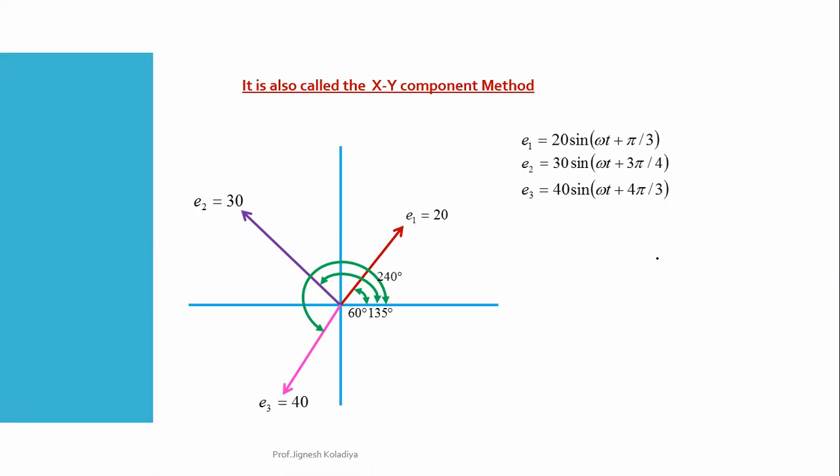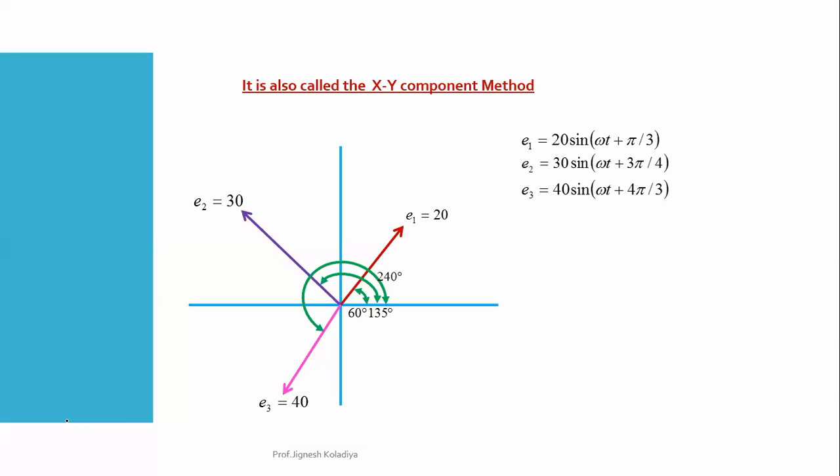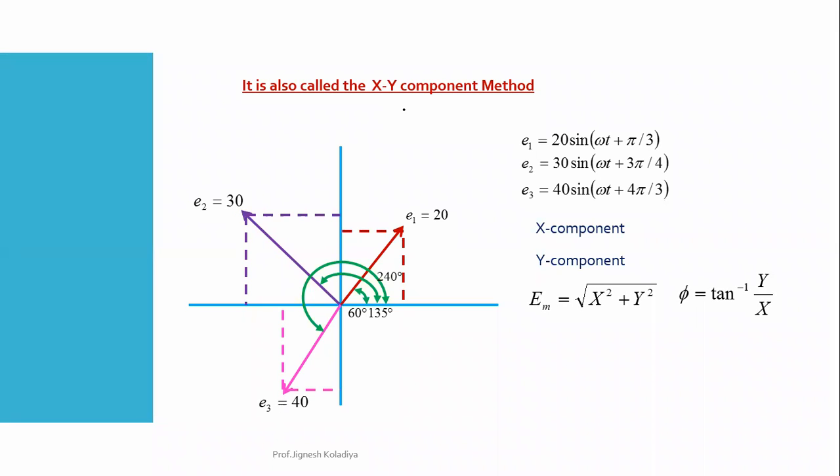It is also called the XY component method or method of components for vector addition. And I suggest that if the method is not specified in the numerical, then always go for this method for multiple vector addition. If two vectors are there, you can use the parallelogram method directly if you remember the equation. Otherwise, this method will be very easy. So this is the xy component method, and then finally you apply this equation, so you will get your answer.